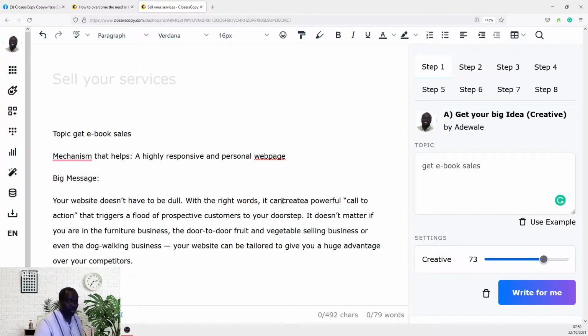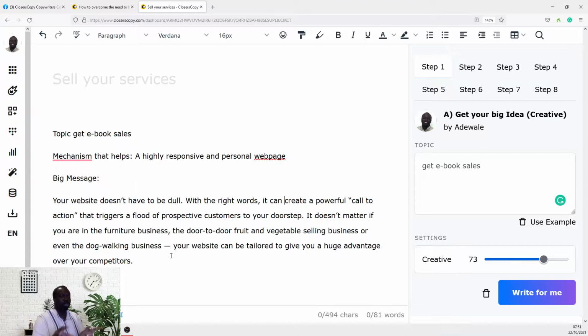So obviously, because it is AI, you have to make some corrections in some places. Create a powerful call to action that triggers a flood of prospective customers to your doorstep. It doesn't matter if you are in the furniture business, the door-to-door fruit and vegetable selling business, or even the dog walking business. Your website can be tailored to give you a huge advantage over your competitors. So really what this is doing is making ebook sales from the angle of using a website,